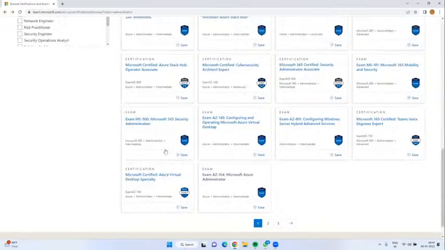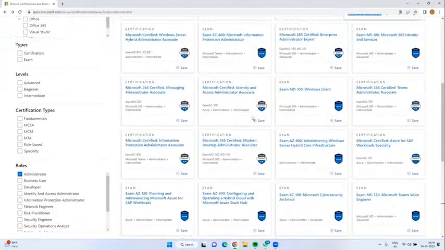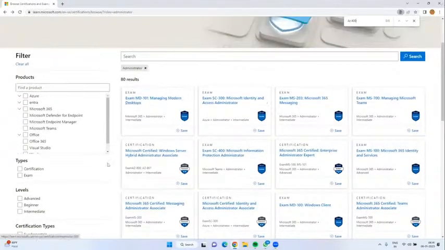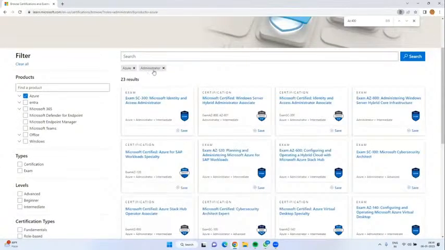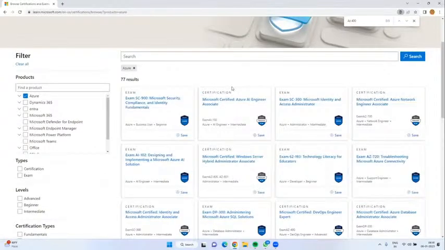Go back. Again, I am looking for AZ-400. Just type 400. This is Microsoft Azure DevOps. If you are not getting it, just highlight Azure. Now type 400.